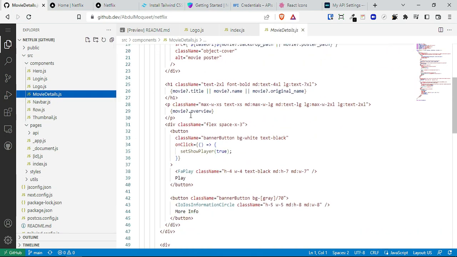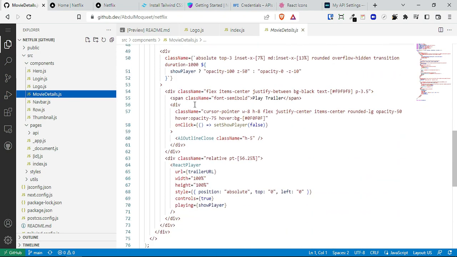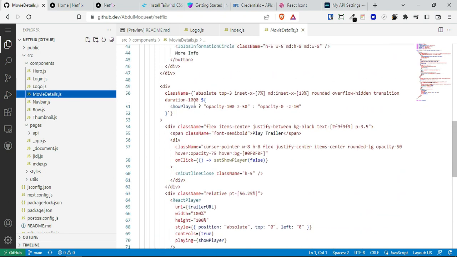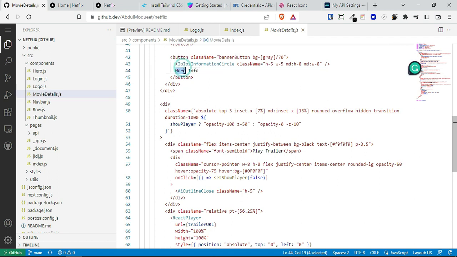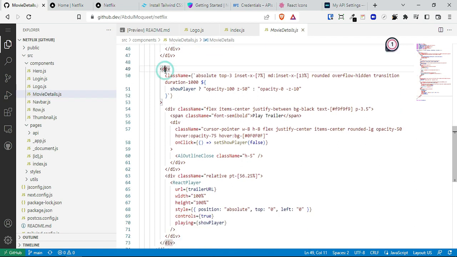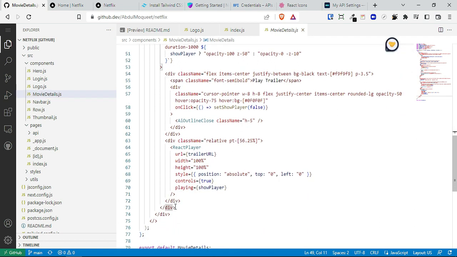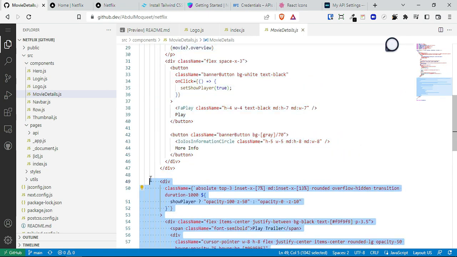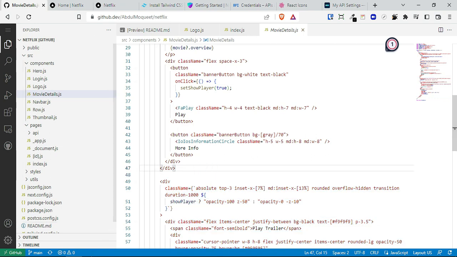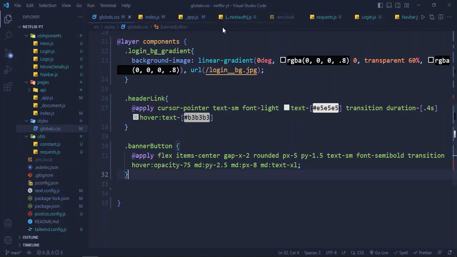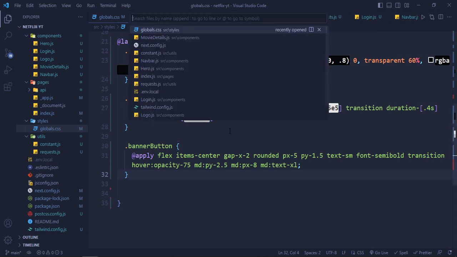Inside the movie details page, after this more info, you will see we have a starting div and its ending div is this one. I'm just going to copy this stuff here. Then I'm going to go into the movie details, where I can just press Control P and then type movie